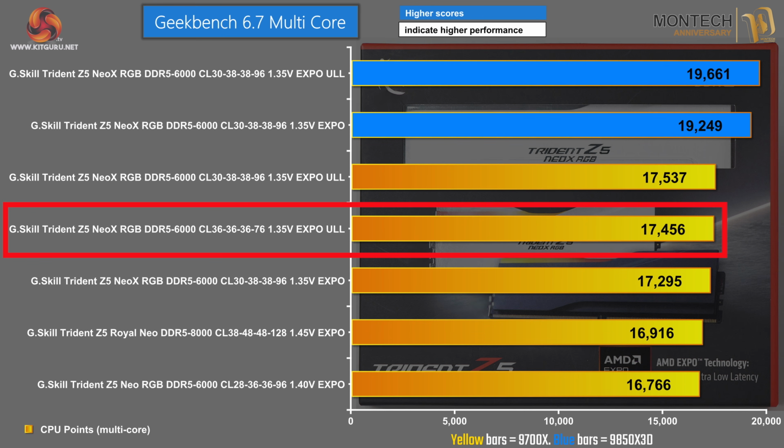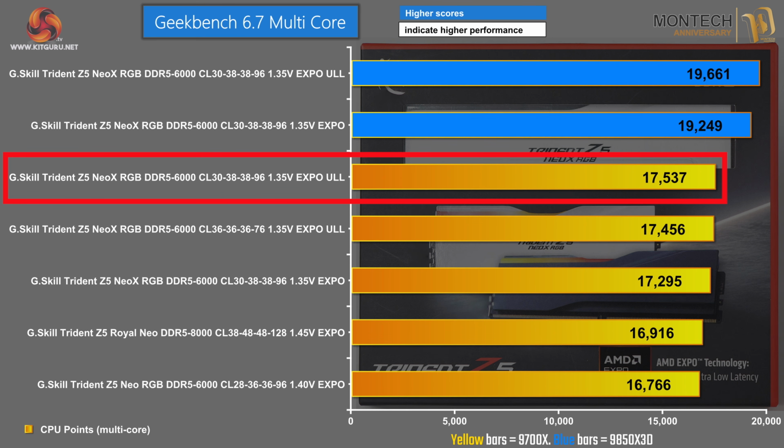17,295. Above that we have the other kit of NeoX with the white heat spreaders, so DDR5 6000 CL36 with Samsung chips, running on EXPO ULL, it scores 17,456. Third from the top we have the NeoX kit, DDR5 6000 CL30, so SK Hynix, running the EXPO ULL profile. That scores very slightly higher at